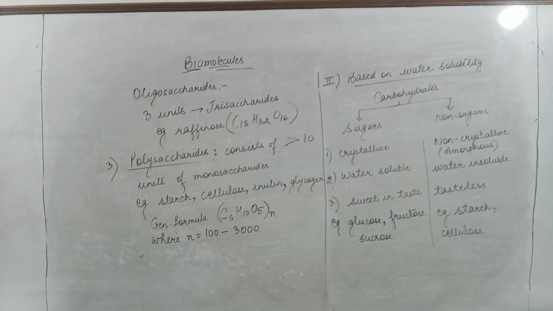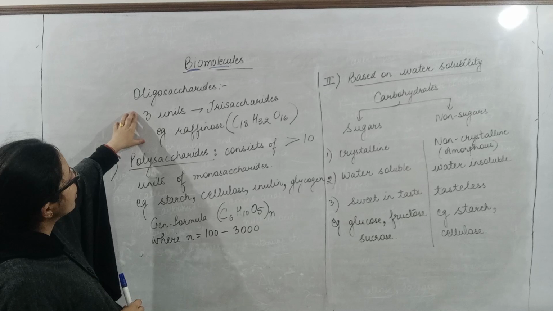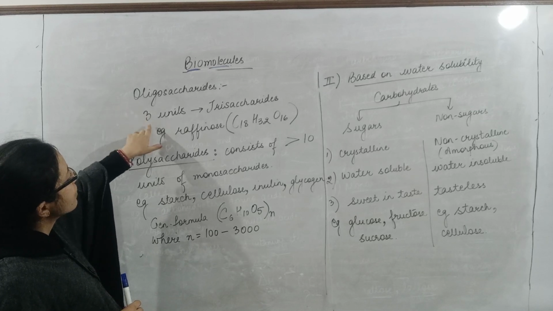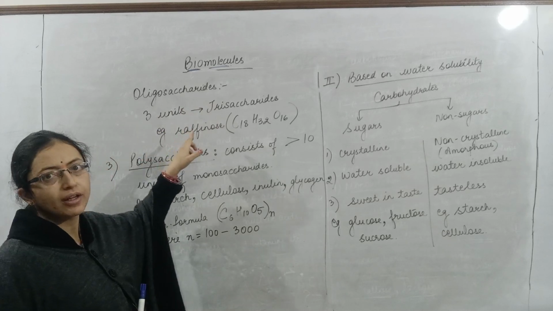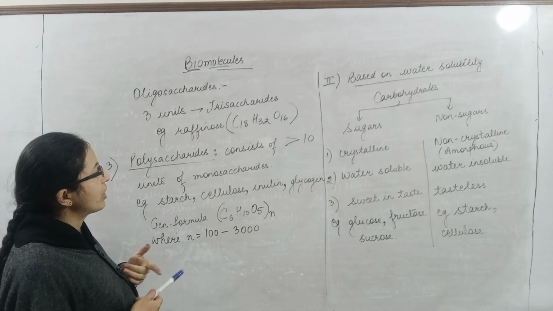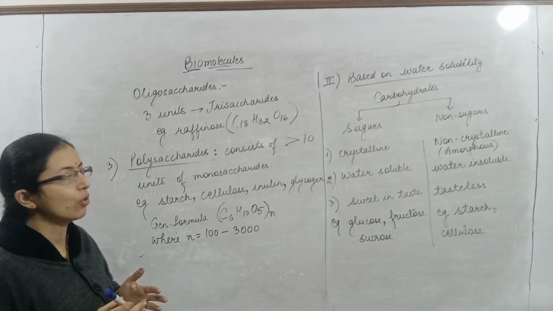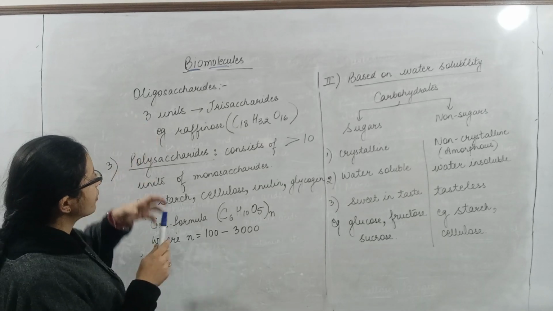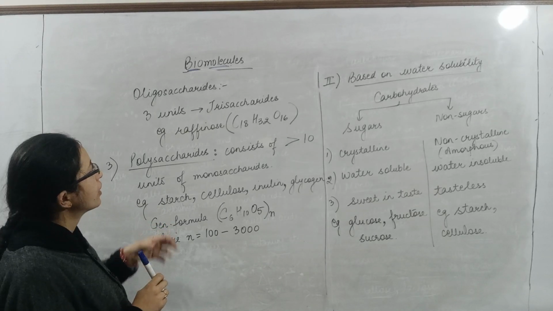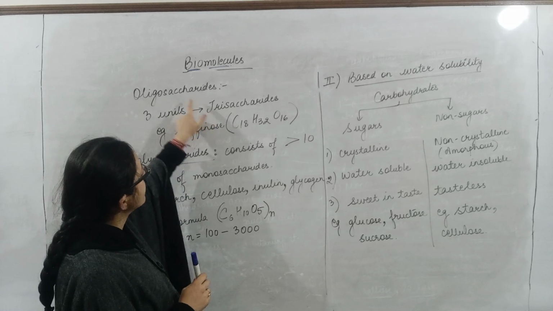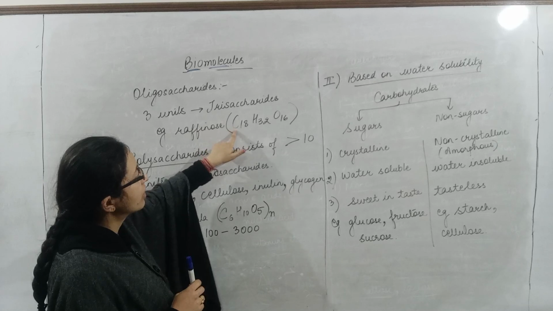Okay, before doing polysaccharides, let's see a few more examples of oligosaccharides. Oligosaccharides with 3 units are called trisaccharides. If it is made up of 4 units, then tetra; 5 units, penta; 6, hexa, and so on. If it is made up of 3 units, on hydrolysis it will produce 3 units. Such oligosaccharides are termed trisaccharides. An example is raffinose, with molecular formula